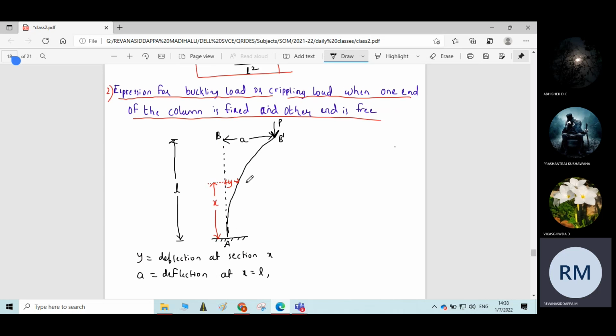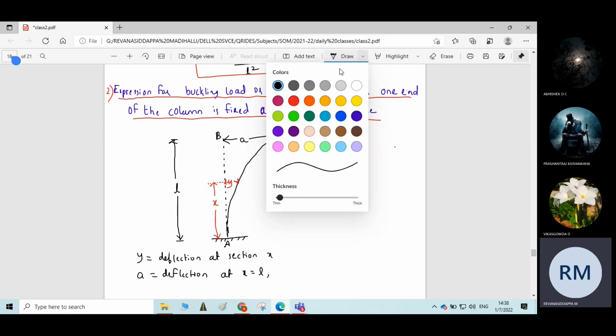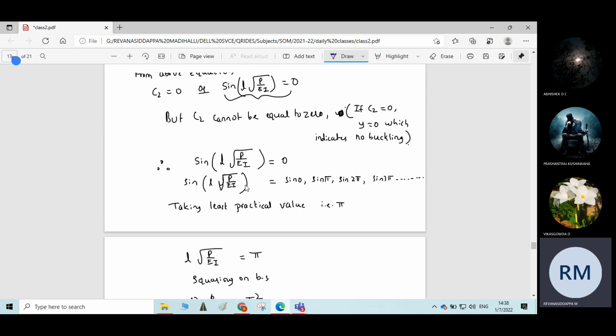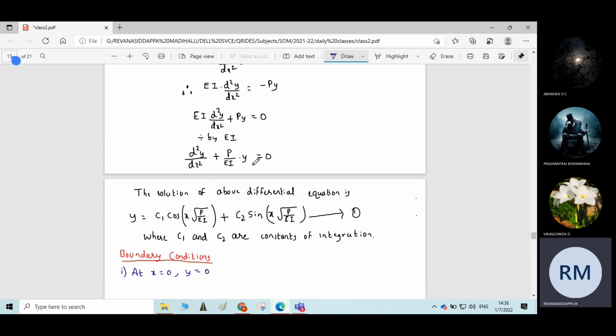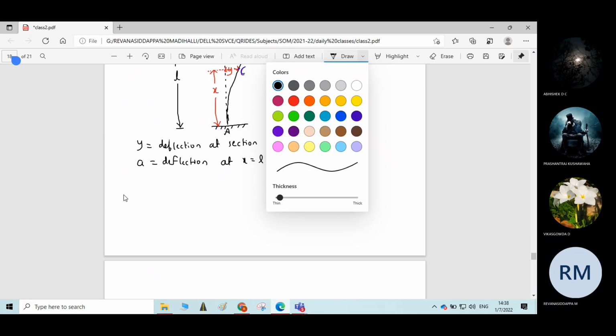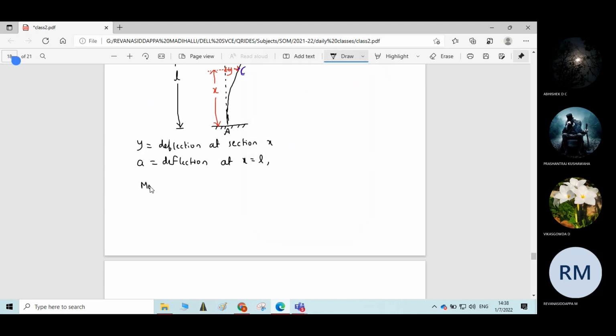Now you find the moment of force P about point C. Call this point as C. As we determined the moment about C in the previous derivation, similarly here also you find the moment about this point C. The moment of the crippling load at section X, or the moment at point C, is equal to,